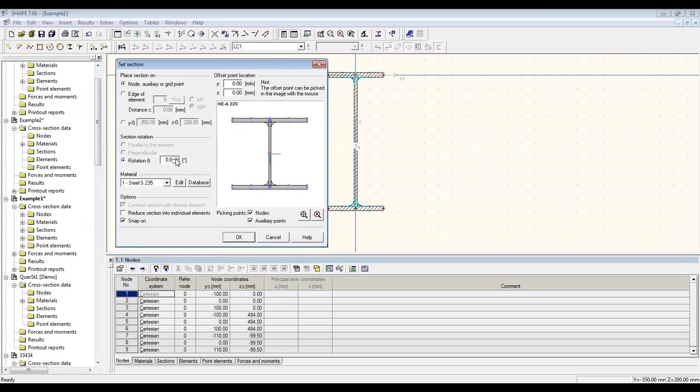And here I'll use this dialog box a little bit more. I want to define a rotation, as you saw from the preview. I'll have a rotated I section attached to the web. And here is where I define which part of the section I'm deciding my placement by. So at the moment I have the center one selected, so if I go to the window and pick this node here, the center will be placed there. So first I want to go in and choose the one on the left side,